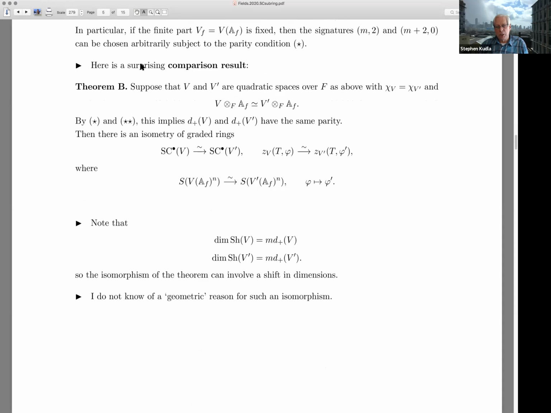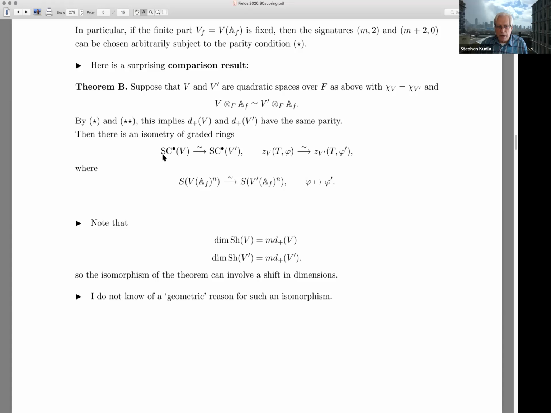Okay, so now here's a comparison result. Suppose I have two quadratic spaces with the same dimension and the same character, and such that their finite parts are isometric, are the same. So that's the situation I just described. Of course, all that means is that d plus of v and d plus of v prime have the same parity. And I'm going to assume for the moment that they're both positive. Of course, I want Shimura varieties. Then what's true is that the